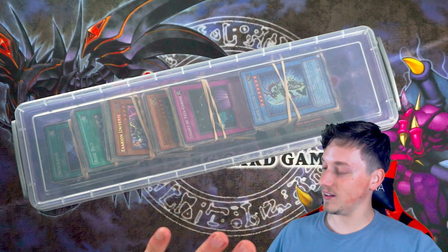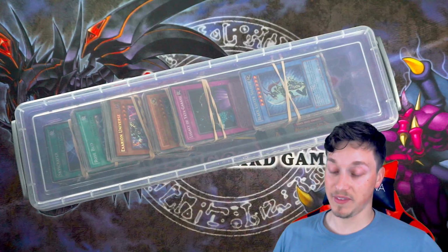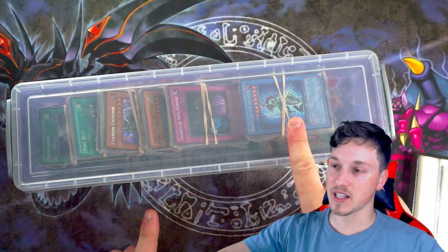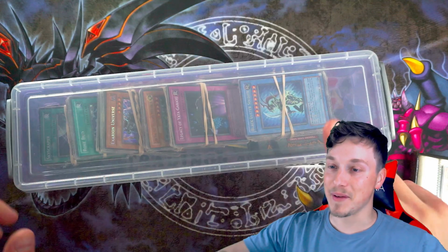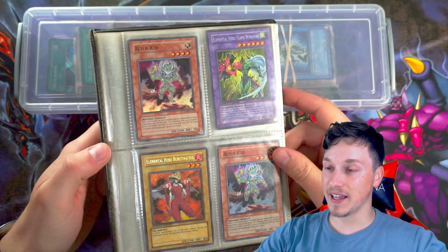which were apparently her nephew's cards, and basically they said get rid of them, and they had no idea on the price. They were actually selling these bundles for £1 each, which is like $1.25 for these really cool cards. Some old school ones in there. I don't know about the conditions, we'll have to check these out, but there's also a binder here,